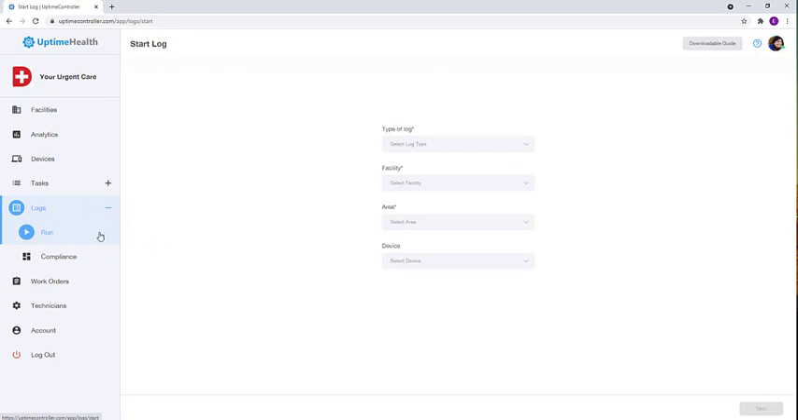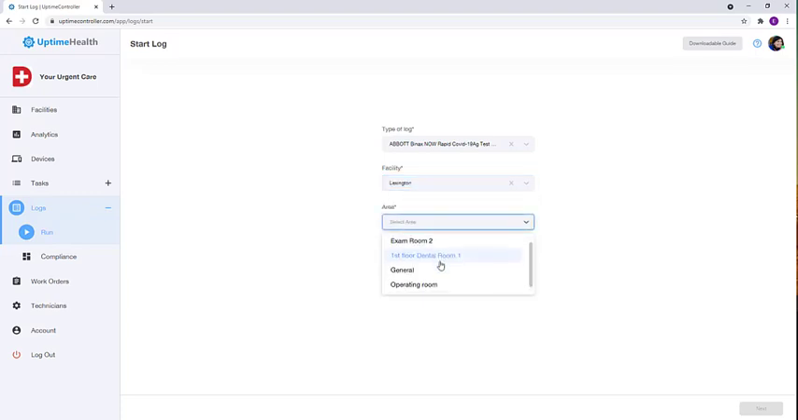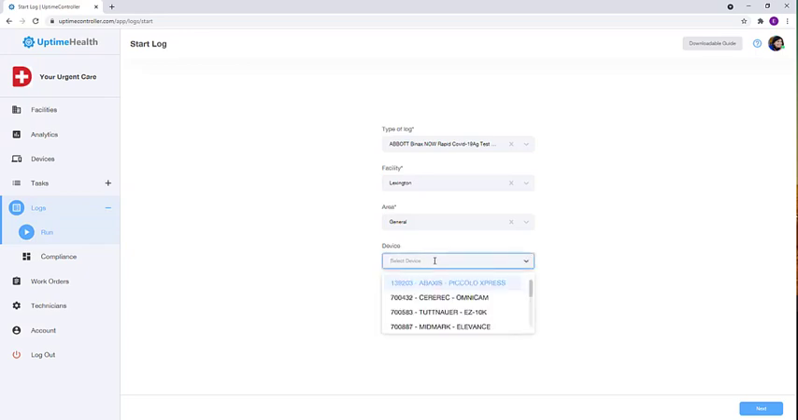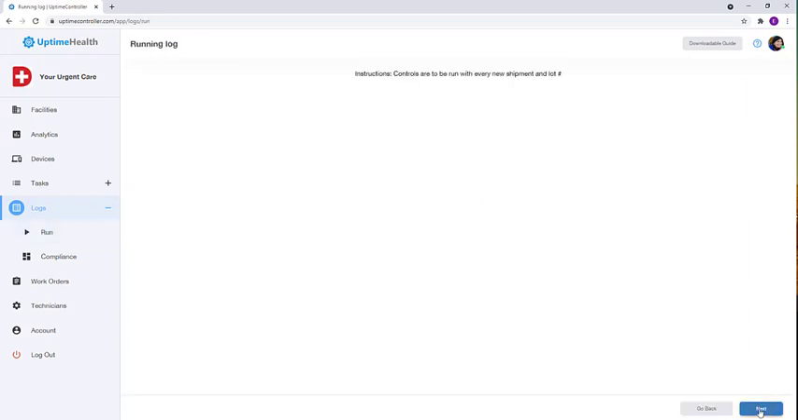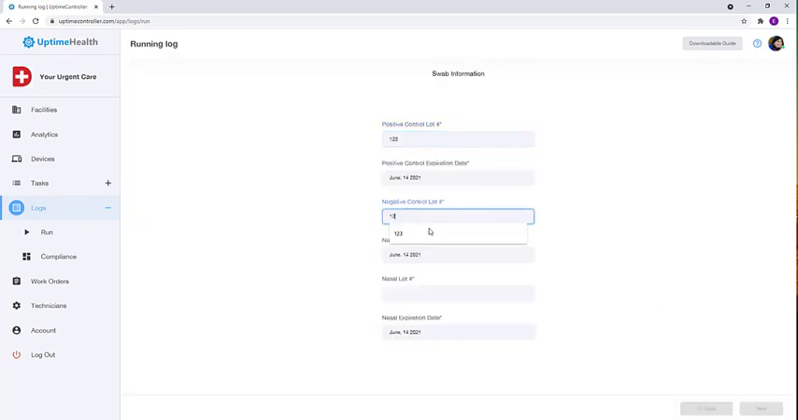In our logs section, you can complete your logs. Click on the log that you would like, the facility it's located at, the area that it's associated with, as well as a device if one is needed. You'll go through the motions, go through the instructions, enter the information based on your control and lot information,